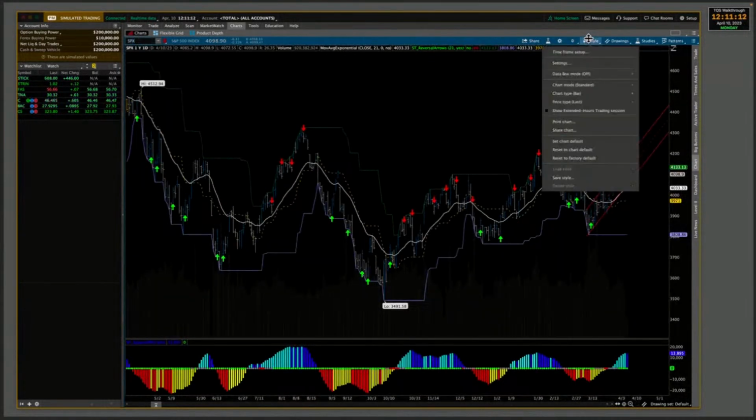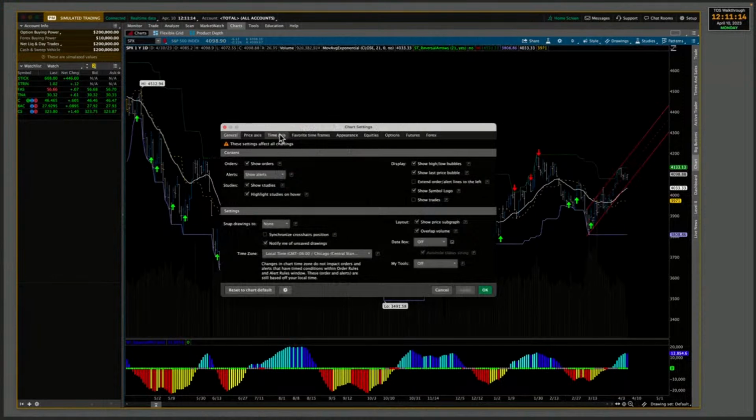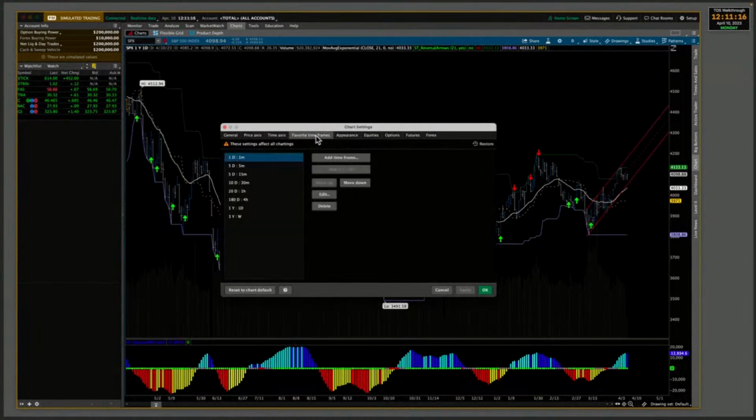Let's see, back to our style settings. That was time axis. Favorite time frames. You can come in here. You can either customize these here, or you can do it in a menu drop down from up here. What you select as your quote favorites become easy selections in the drop down menu. So for example, here, let's say I wanted to add in a monthly chart. I could click add time frame,